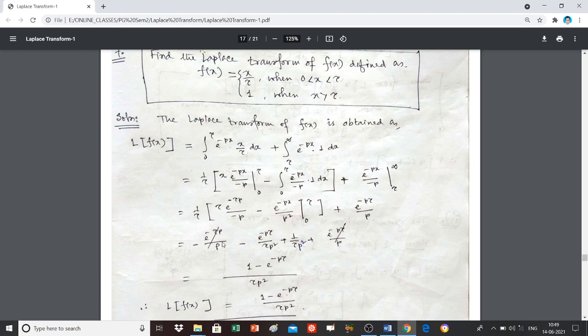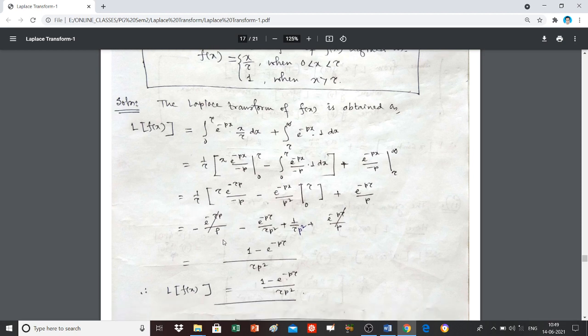So that is equal to, just here, the next slide is here. So this tau will cancel each other. So the first term is minus e to the power minus tau p by p. Then from here minus, and the upper limit is tau, so e to the power minus p tau by tau p square,